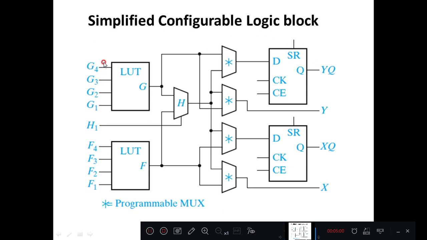For each of the 16 combinations of input, one value is stored in the lookup table. So whenever the input is 0 0 0 0, it goes to the 0th location, takes the data stored, and that will be available as G. So such 16 1-bit data are stored in the lookup table. That lookup table data is nothing but the output for this particular input combination.